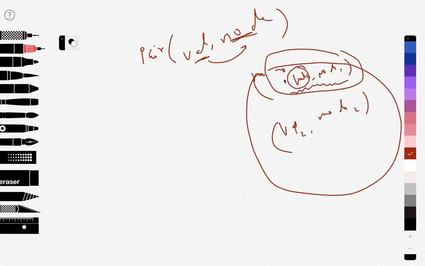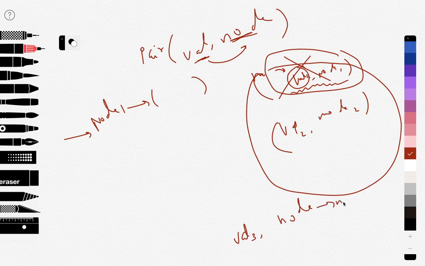We now have a pointer to that node. So whatever our current is, we will just point it to that node, node 1, and this is the running current. And we will pop this value, and instead in the heap insert a new value, value 3 comma node next.